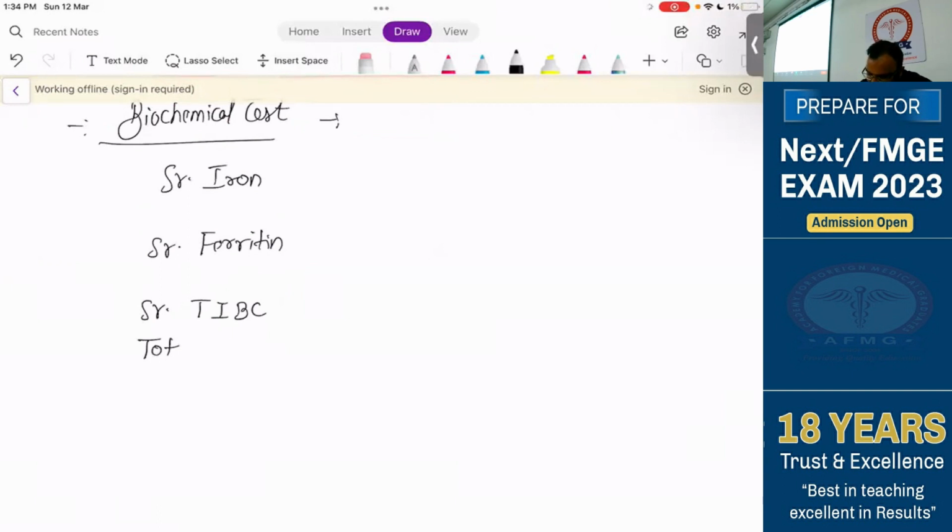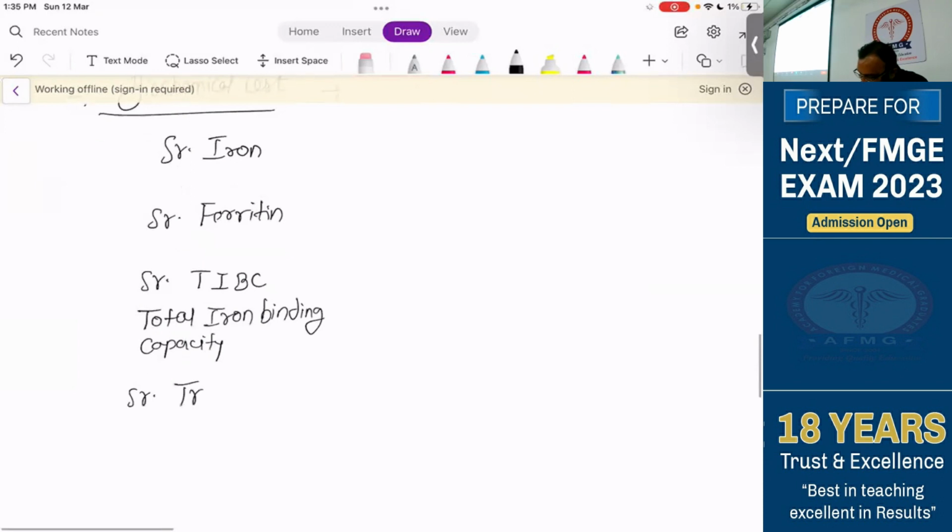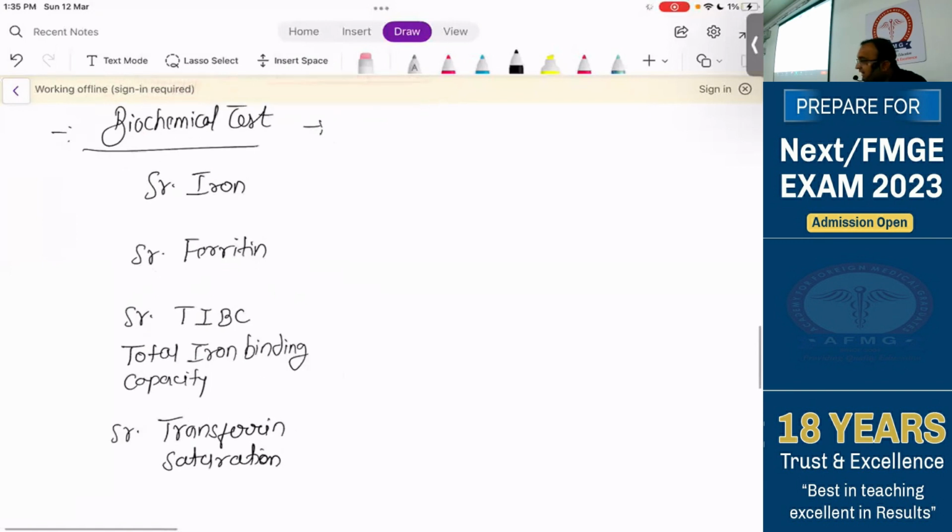Then serum transferrin saturation. So these are the important iron parameters which we have to assess to finalize that it's an iron